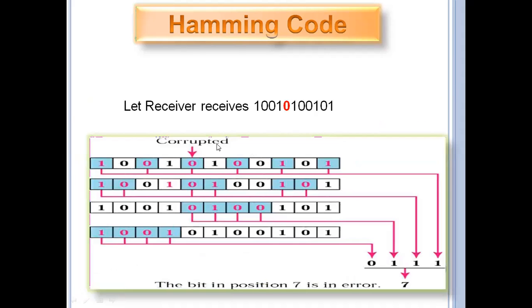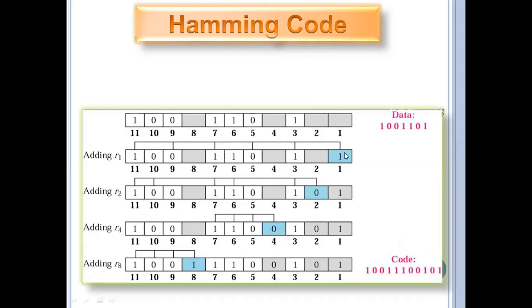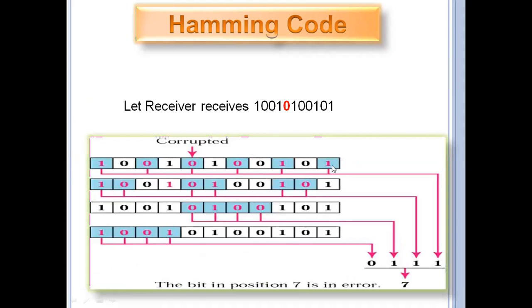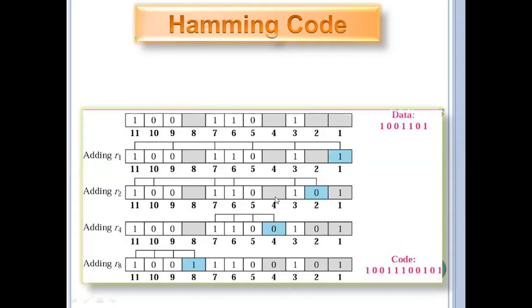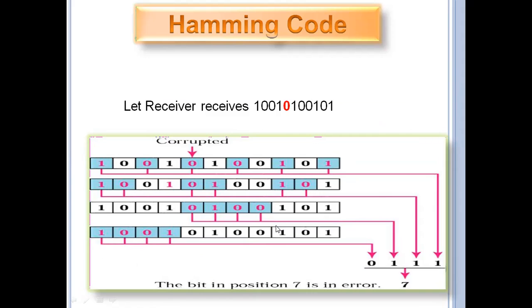Now how will it be received? R1 will take care of these bits. We have to perform the XOR operation on these bits, and for the fourth place, the same. Performing the XOR operation, the result is 0.